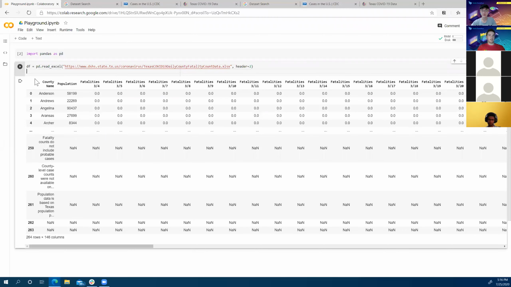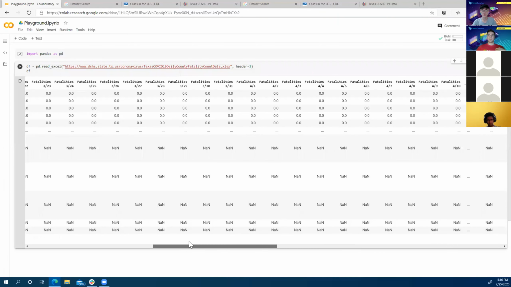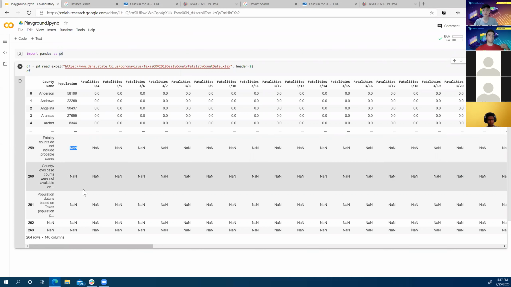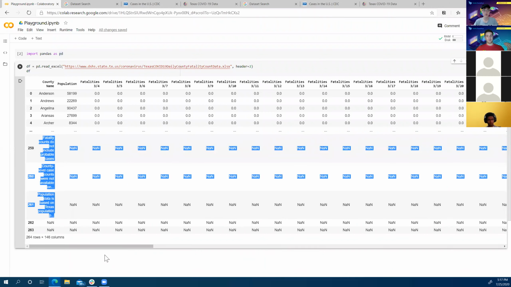So we have a data frame here that looks kind of nice, but we're still not quite there. We know that we don't really want these lines here at the bottom, right? And we might also be asking, what is NaN anyway? NaN basically is a null value or an empty cell in an Excel spreadsheet. NaN stands for not a number. We're not really interested in these lines, and if we were to view the Excel file, you would see that those lines have no information on them and we can safely get rid of them.